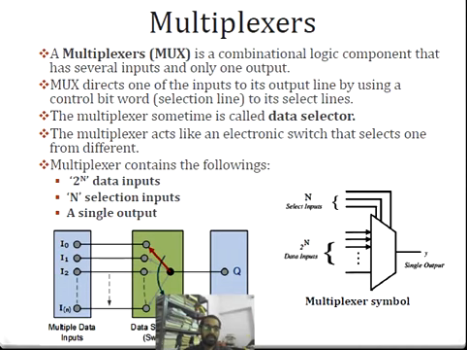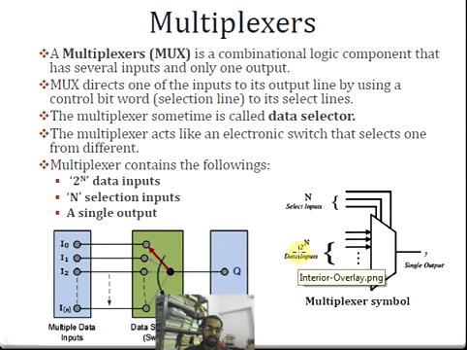But normally a multiplexer will contain many inputs, and we need to have selection inputs, the data selection system. So here you can see that there are selection inputs, called the select inputs. If you have many inputs, there should be something inside the system which is ready to select from these inputs. They are called the data selectors, select inputs. Inside there are select inputs which will decide which data has to go to the output.